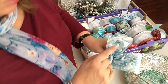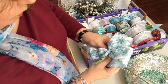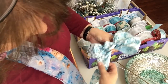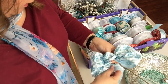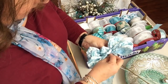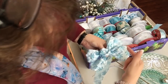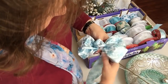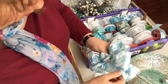And with each loop, it's going to be just a little bit longer, quarter to no more than a half inch longer than the next one. Twist it. That kind of came out twisted, didn't it? Come over to the other side and do the same thing. Tiered, meaning it's going to get a little bit bigger with each level of loop. Here's your top. Next, we're going to do at least a 3 loop bow